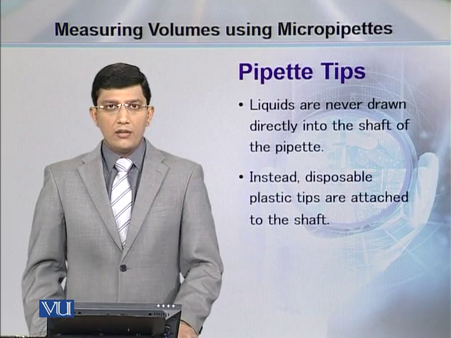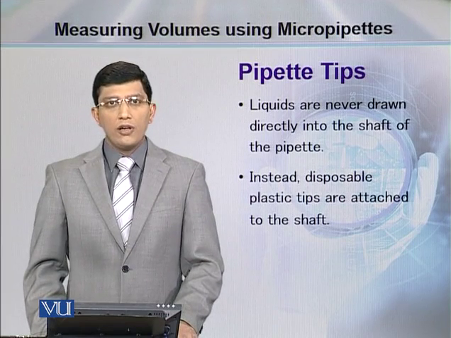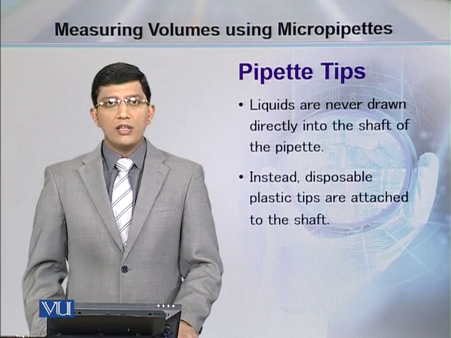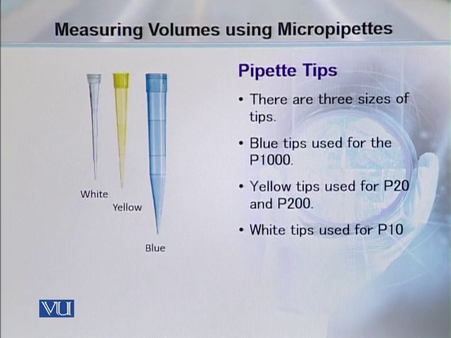We cannot take the liquids directly into the shaft of the micropipettes. For operation of the micropipette to take the liquids, we need to use some disposable pipette tips. As you can see in this slide, there are three different sized pipette tips with different color. The blue pipette tip can be used for P1000. Yellow pipette tip can be used for P200 and P20, whereas the white tip can be used